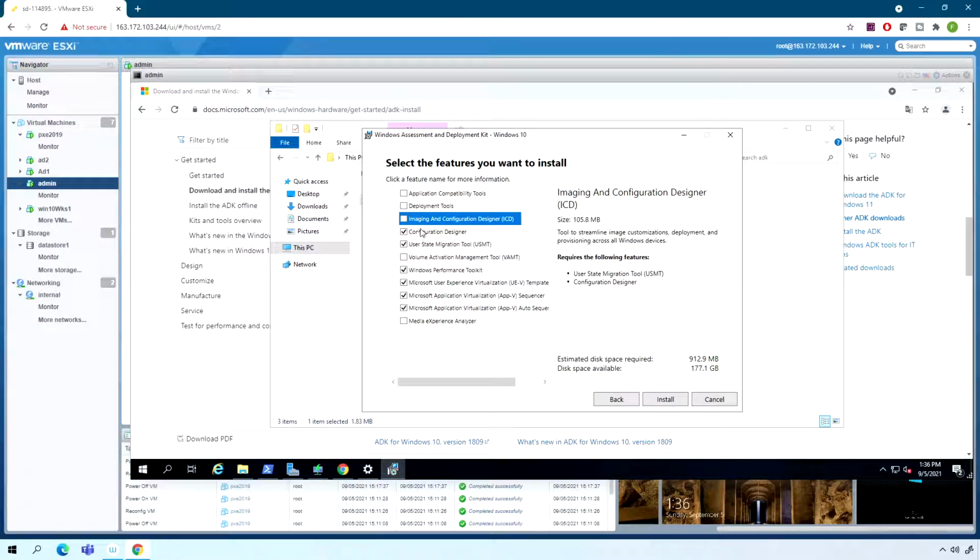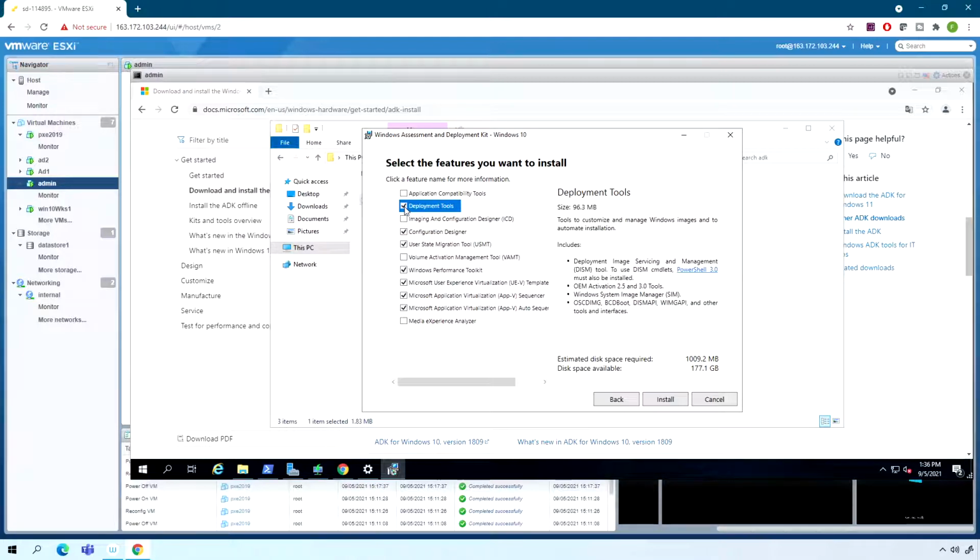I need only my theme. Where is it here? It's not this one. Deployment tools must be here, I think. Not this one. Okay, yeah, I think it's here. Yes, you have Windows System Manager. See this one. So I will choose only